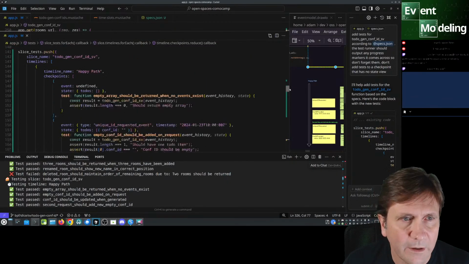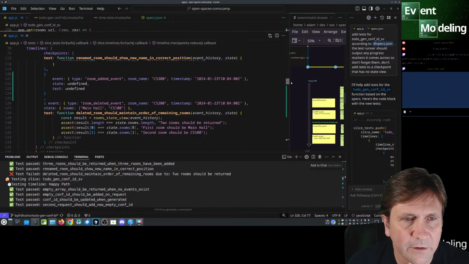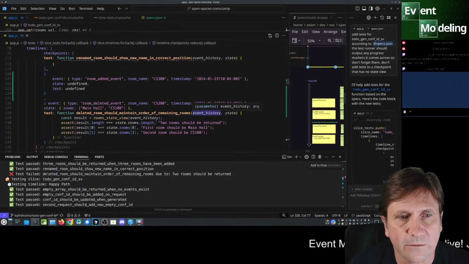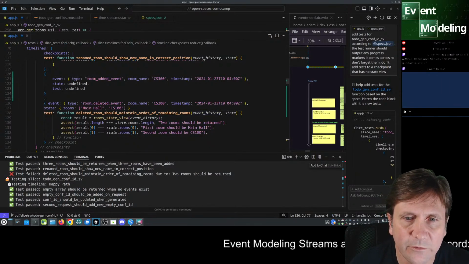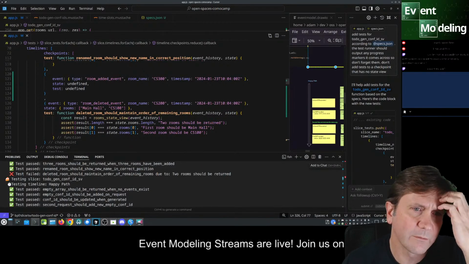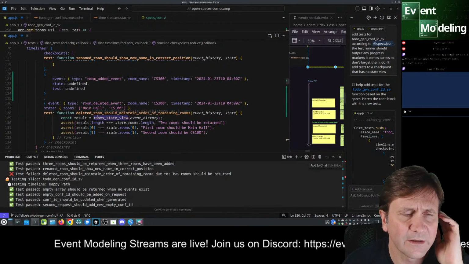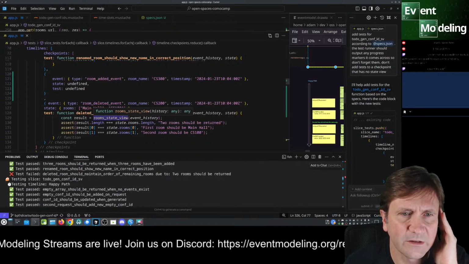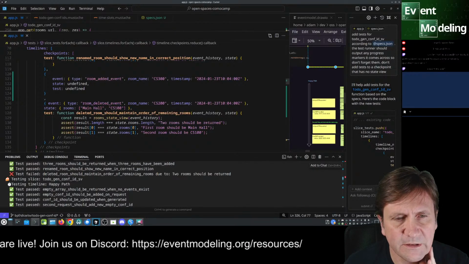Maybe we fix it by improving the logic here. So do I care about that? No. First room should be main hall. No, I really want to make sure that it doesn't contain that. This is like over specification.